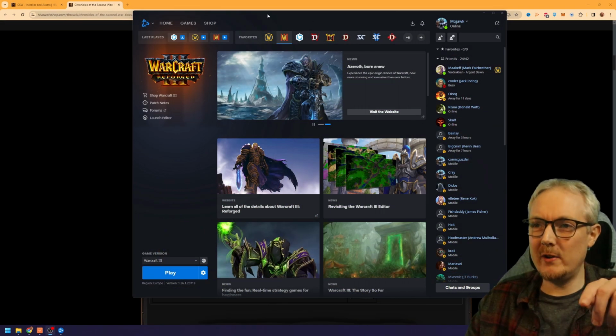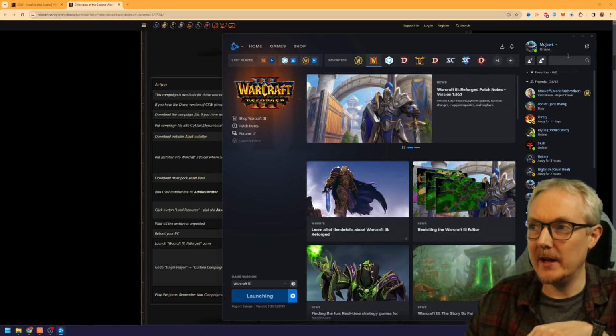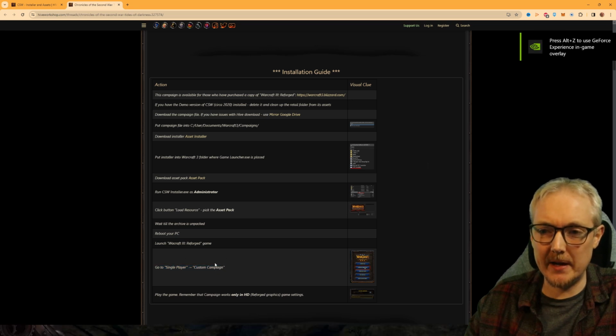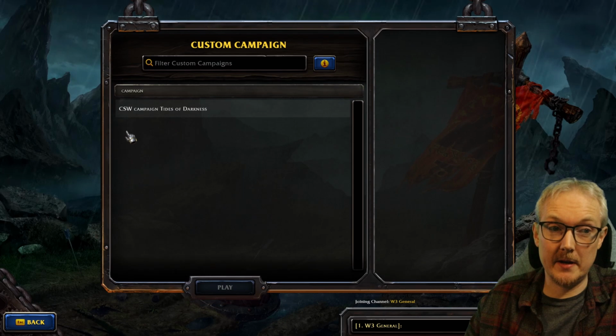Alright, with the computer rebooted, we now load up our Battle.net launcher. You can see here that it says reboot the computer, launch the Warcraft 3 Reforged game. So come into Battle.net, click Warcraft 3, hit Reforged, and that'll load up in the background. And then we want to go to the single player campaign. We want to choose custom campaigns. So, single player, custom campaign,